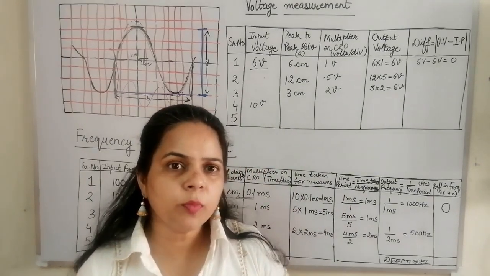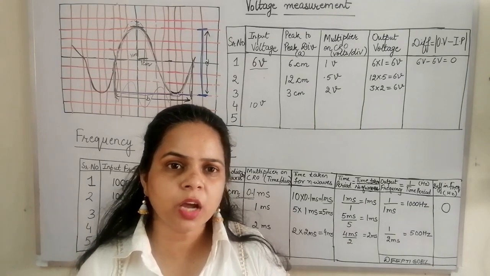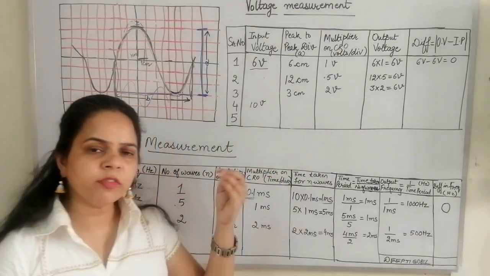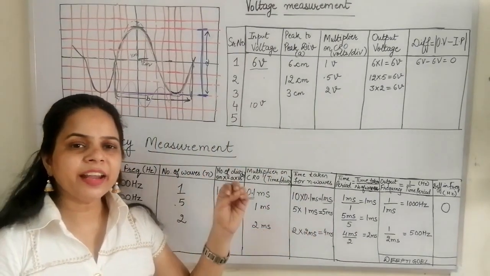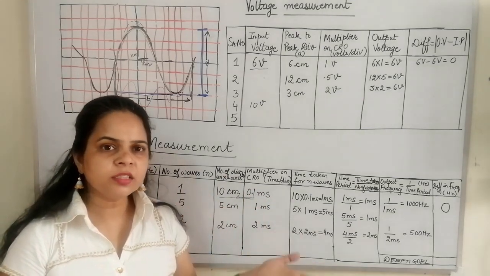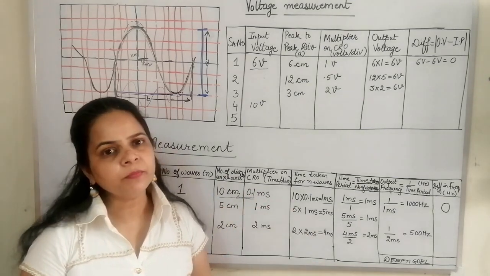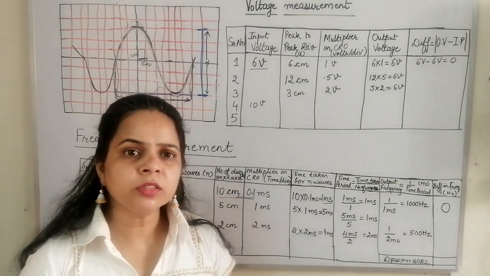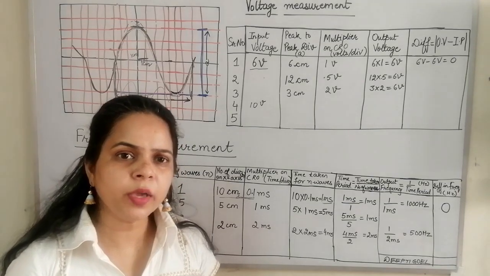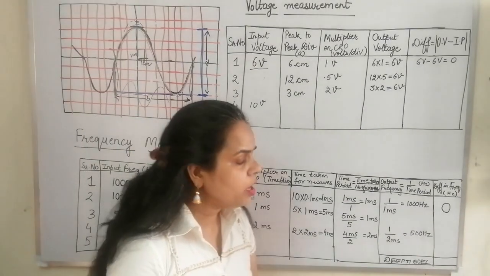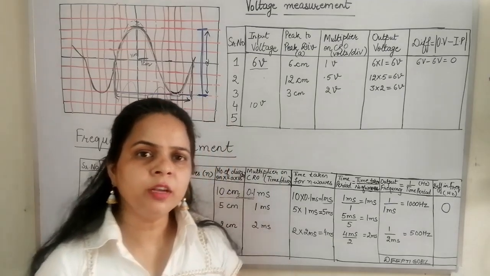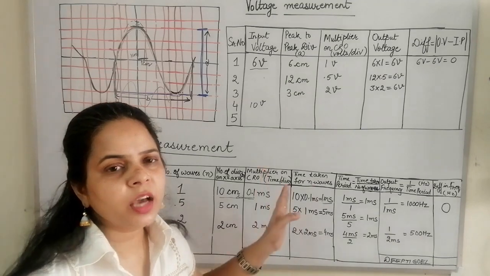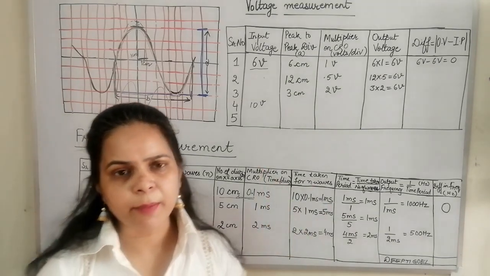So what was the CRO? Basically the CRO is a device which converts electrical signals into a visual display. Here you have seen that whatever electrical signal you supply is visualized in the CRO and the output remains the same. If there is any fault, there might be errors in the cables or a defect elsewhere that has to be corrected. In this way, you can verify the input values of voltage, frequency, time, and you can use your CRO for various other applications.